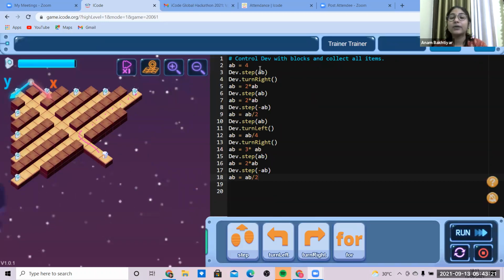How can you identify? See, you already had stored it, like AB is equal to 4. Here you had done that. Now your work is done till here. Now you had taken 4 steps. Now you count how many steps you want to cover over here. You have to cover 8 steps. And what is 8? It is 2 times 4. So 2 into 4 is equal to 8. Now AB has become 8. Now they will take 8 steps. Now it has to take 16 steps in the backward direction. So now AB will become 16 and we will be using minus AB, since 16 is the number that we are moving in the backward direction.